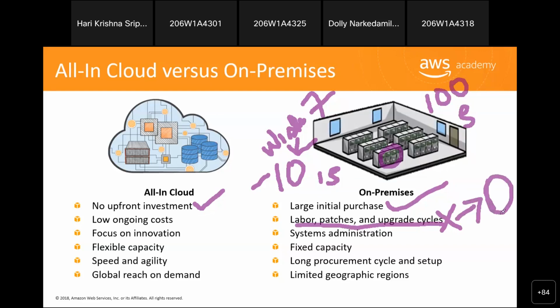So why is it zero? Because Amazon will take the responsibility of your labor, of your patches and upgrade cycle. So you won't have any of these challenges there, right? So system administration, as we have already discussed,